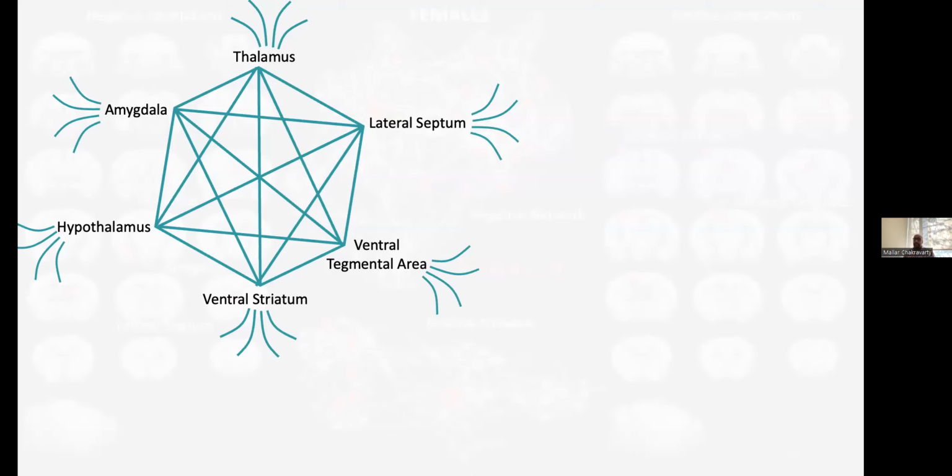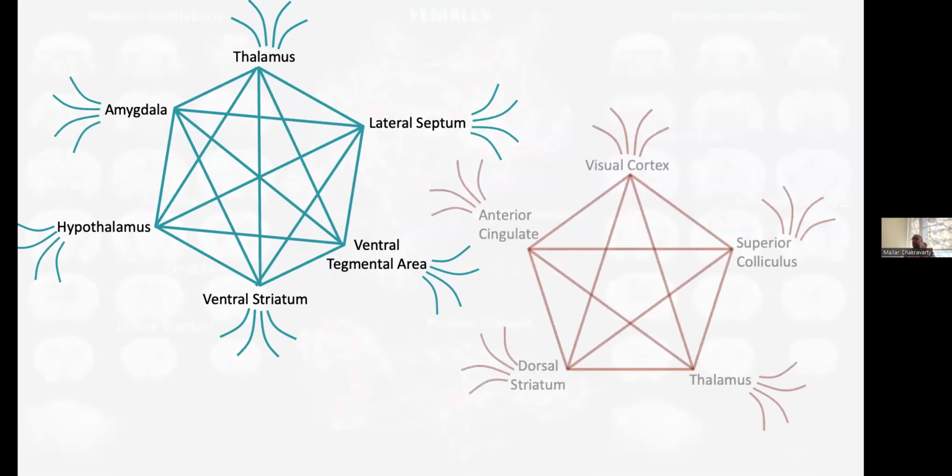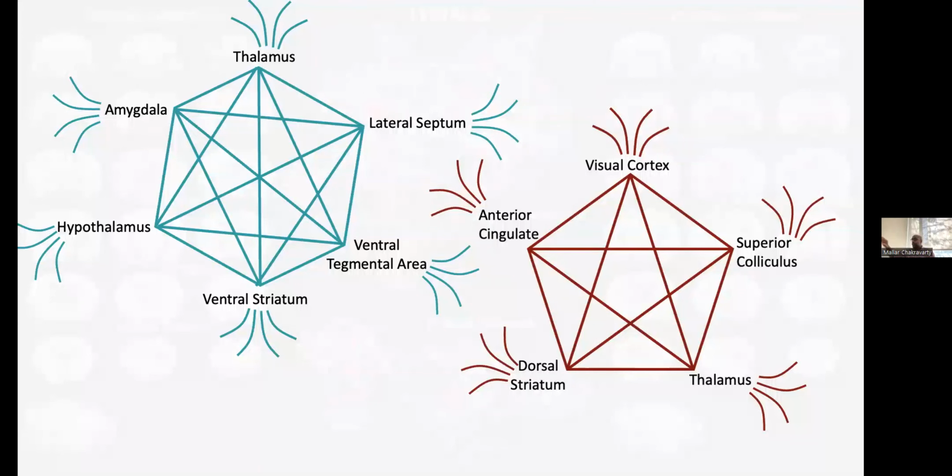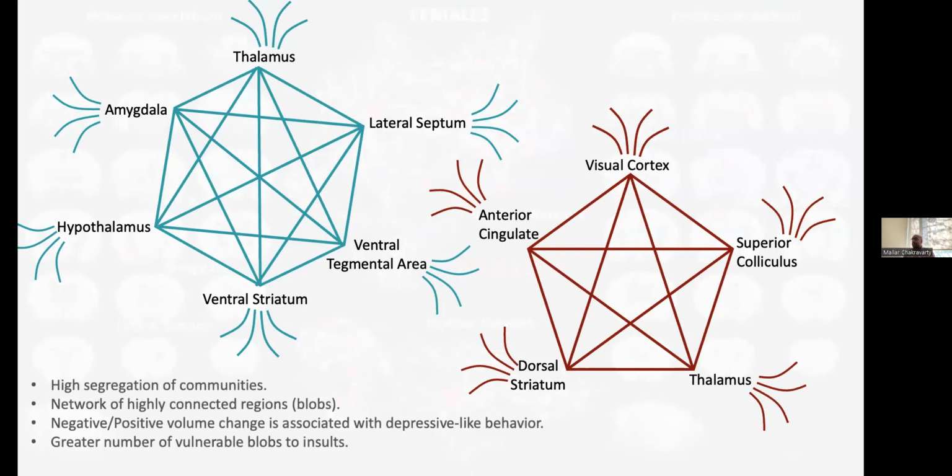to this stressful phenotype. And that includes the thalamus, the amygdala, the lateral septum, the hypothalamus, the ventral tegmental area, and the ventral striatum for these negative correlations, and different regions, visual cortex, anterior cingulate. The thalamus participates in both, and the dorsal striatum, so a different part of the striatum, participates in this kind of positive correlation. So what we found in the females is a high segregation of communities, a network of highly